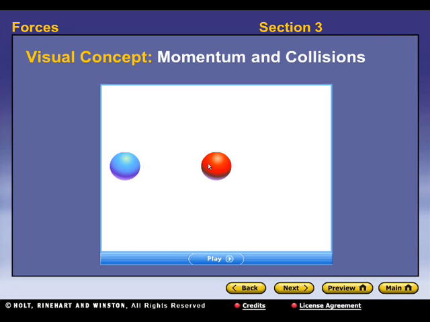After the collision, the red ball's moving and the blue one stops. So basically it's transferred all of its momentum to the red ball, and now the red ball has the same velocity as what the blue ball did originally. That's if they are exactly the same size or same mass. If they are not the same mass, then that would not be the case. If the blue ball had a larger mass than the red one, it would give a fairly large velocity to the red ball, but it would still keep moving at a slower rate. If the red ball was more massive than the blue one, the blue would probably bounce back in the other direction, and the red ball would move forward with some slower velocity than what